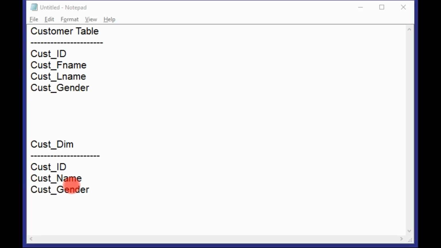And the third field is customer gender. So my requirement is I want to fetch the data from the customer table, which is the input, and load the data into the customer dimension table. To implement this particular scenario,